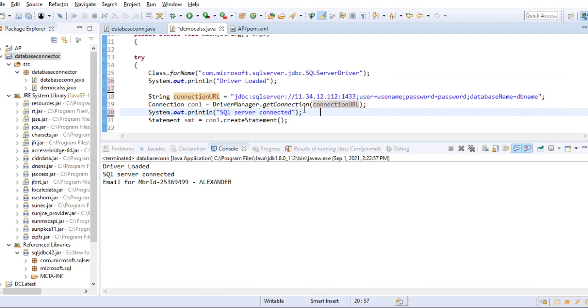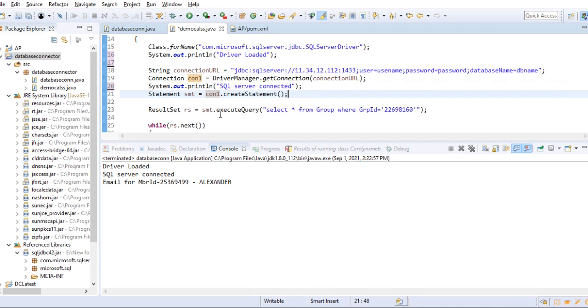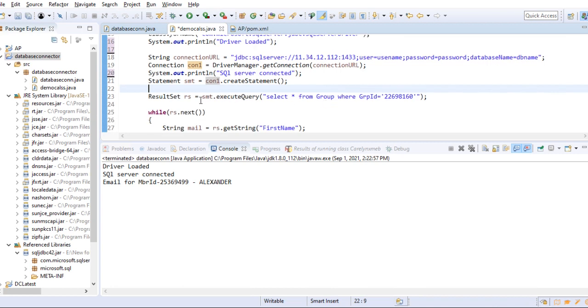Now we have to create the statement. So how can we create the statement? With the help of this connection, see here the connection and createStatement. So we have to write a createStatement that will be stored as a statement. Okay. So the next step is execution of the query. So we have to write a query here. See, statement.executeQuery, and then write a query here, whatever is required, that will be stored as a result